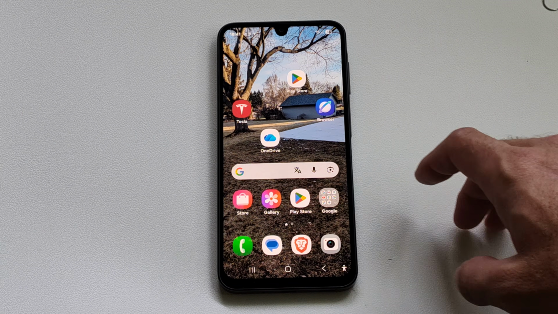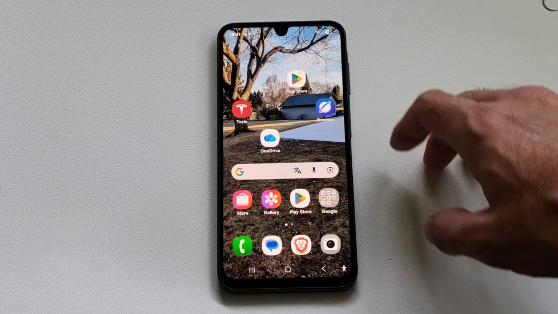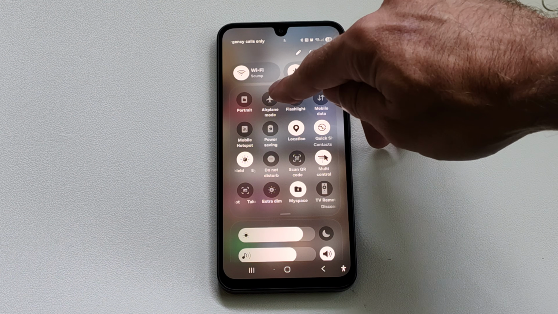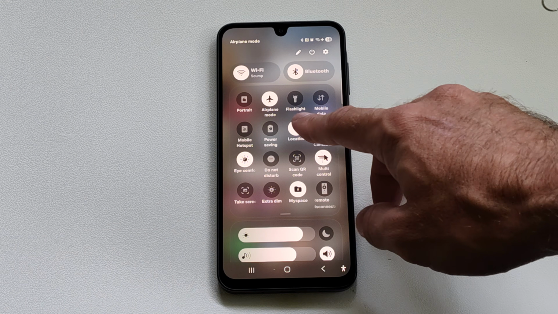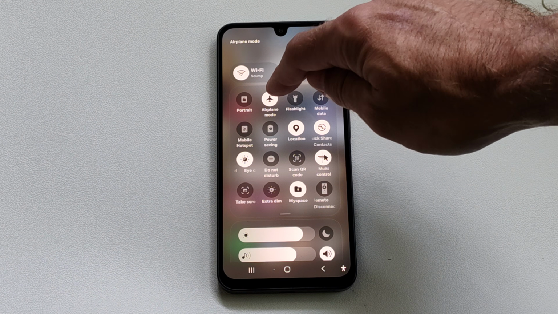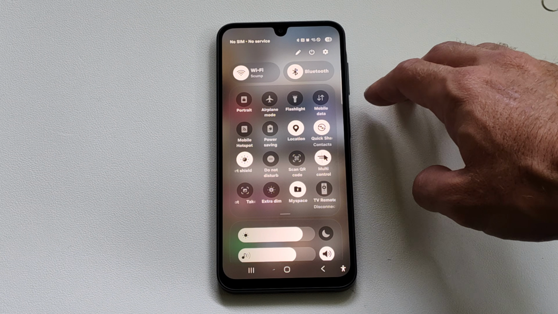Today in this video I'm going to show you how to fix your disabled Wi-Fi on your Android phone. So what we want to do is just go down from the top and look at our different buttons. We might have something called airplane mode turned on, and this might disconnect you from your internet. So make sure airplane mode is turned off right here, and then we can go through the different settings for